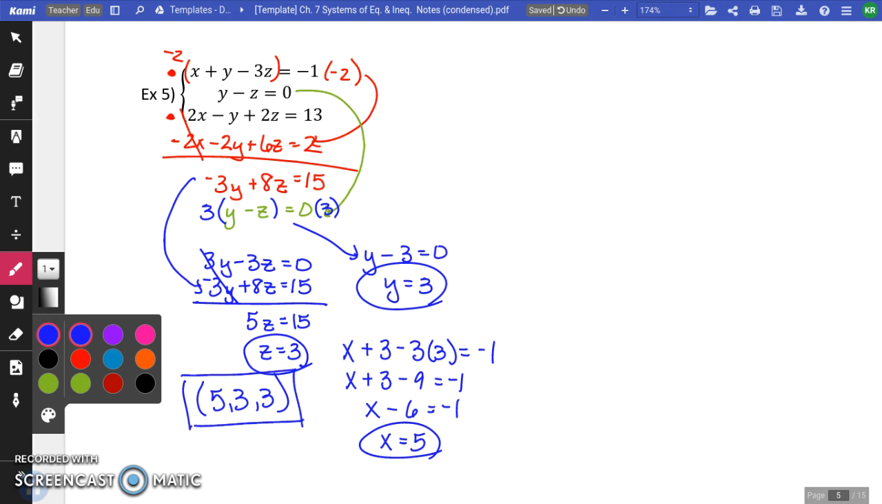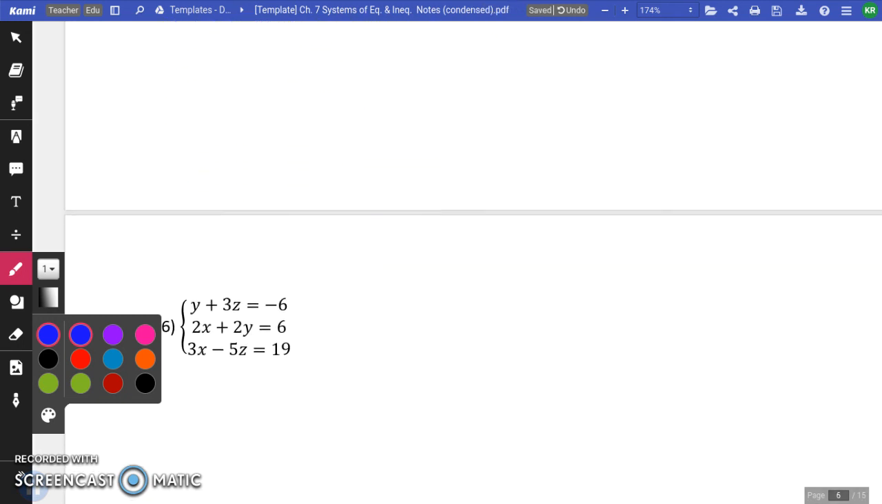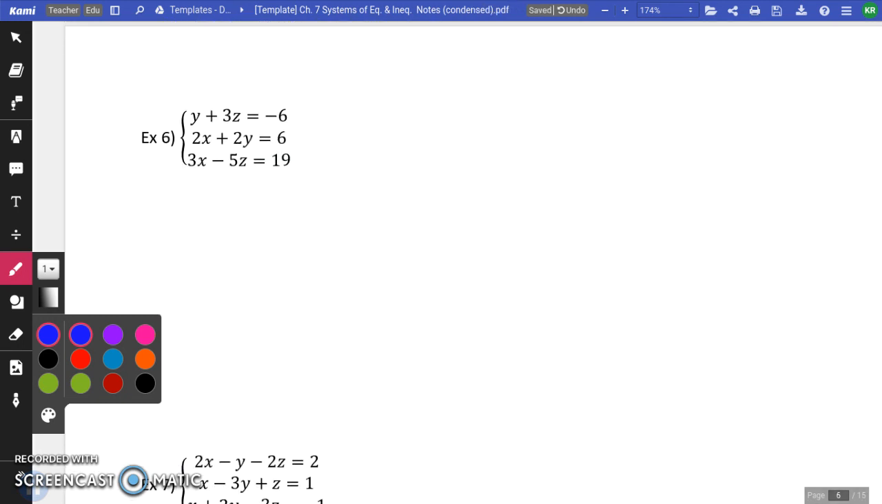If you want to try number 6, you can try that one on your own. The ordered triple for it that you're going to get is 3, 0, -2. So if you want to try that one,